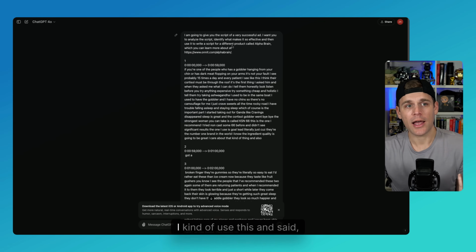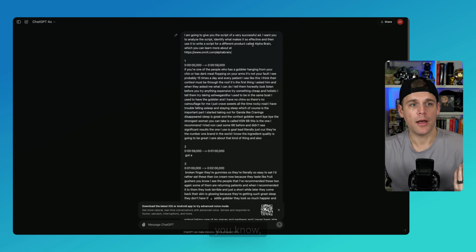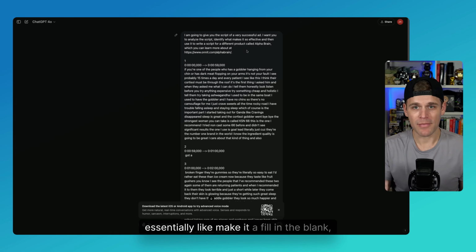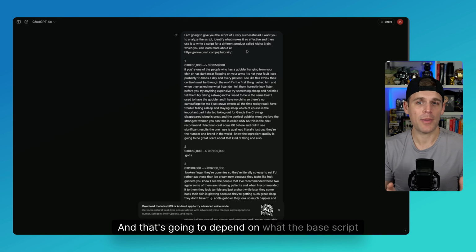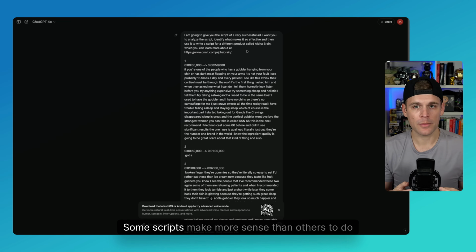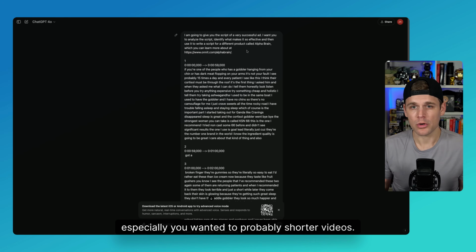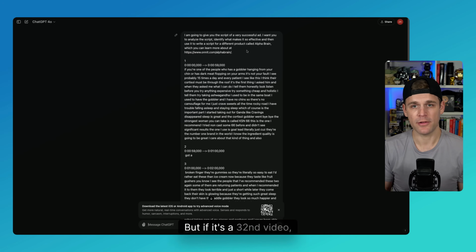So I kind of used this and said, hey, use it as a foundation, but you could also tell ChatGPT, hey, essentially make it a fill in the blank, right? And that's going to depend on what the base script is. Some scripts make more sense than others to do something like that. Especially you probably want shorter videos. This is like a 2-minute video. It's hard to do that. But if it's a 30-second video,